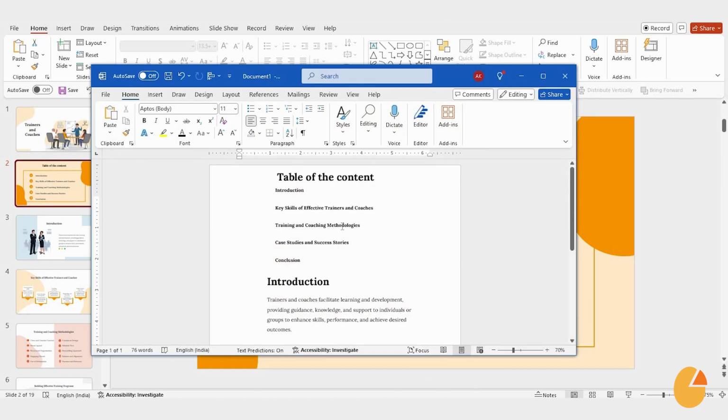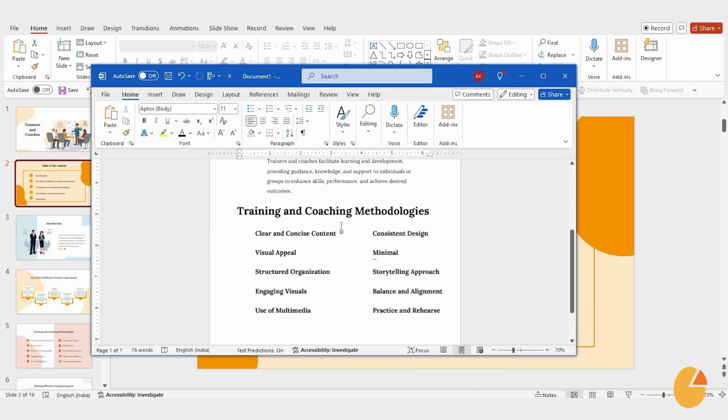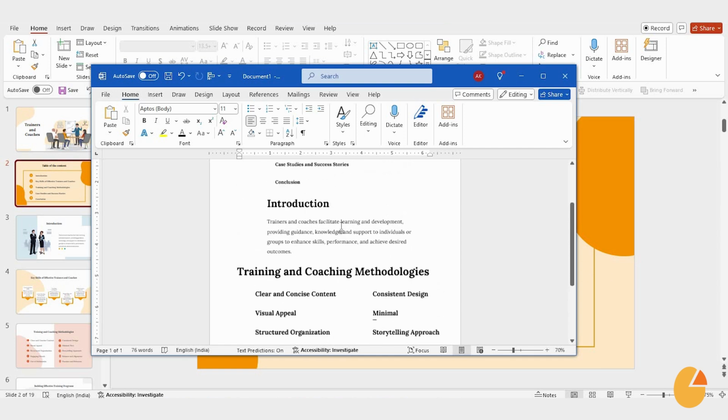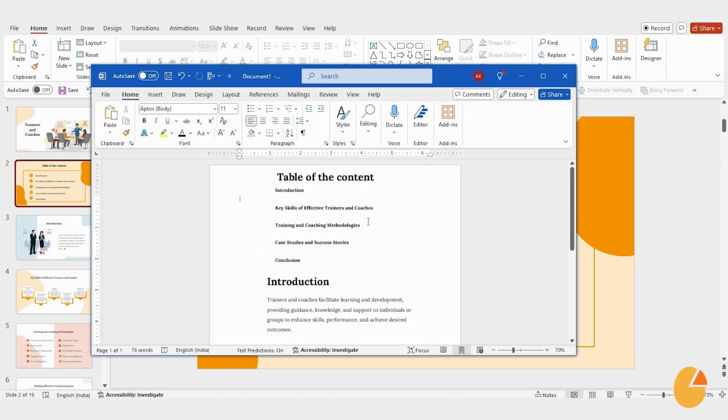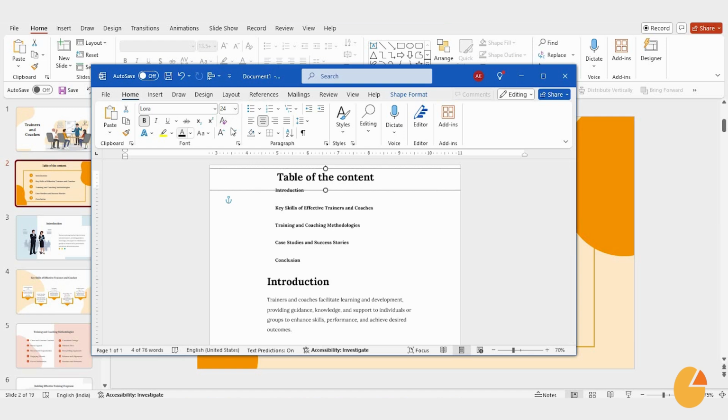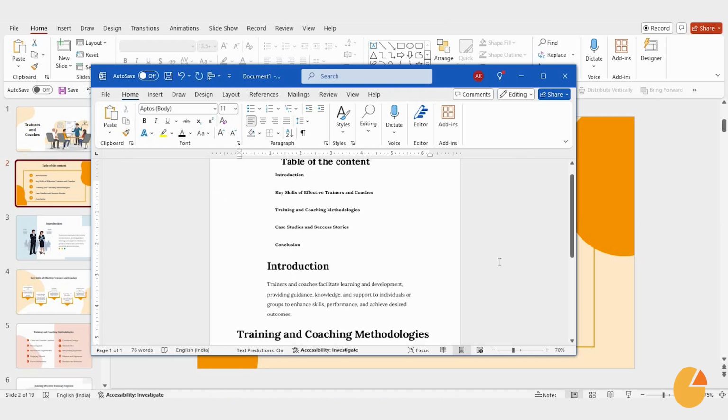Now, open Microsoft Word, and you'll find all the outline text from your presentation. You can easily adjust the text size, alignment, and other formatting options as needed. And that's it. You've successfully exported your slide